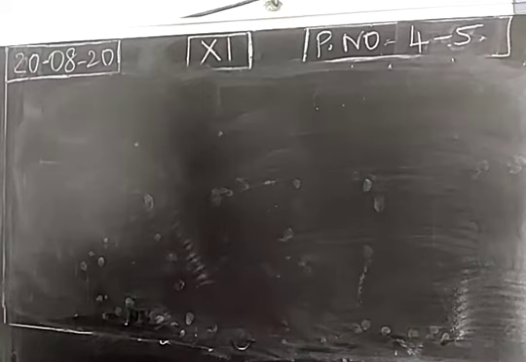Next, the law of mass action says the rate of a reaction is directly proportional to the product of active masses of the reactants at a particular instant. Then, using the law of mass action, we write the equilibrium constant in terms of concentration or in terms of partial pressure. In terms of concentration, it is defined as the ratio of the product of concentration of the products to the product of concentration of the reactants, in which each term is raised to an exponential power stoichiometrically.